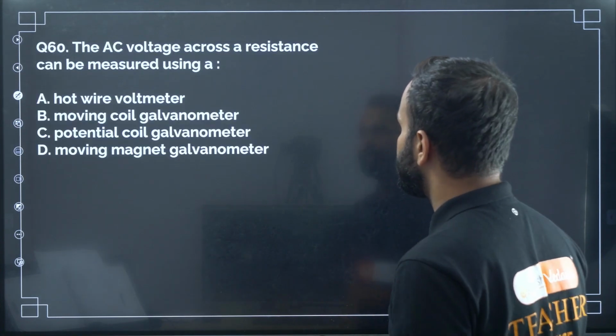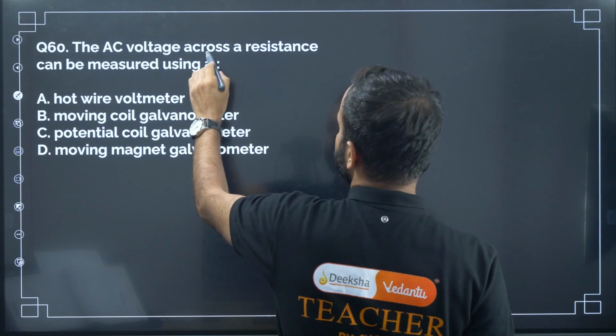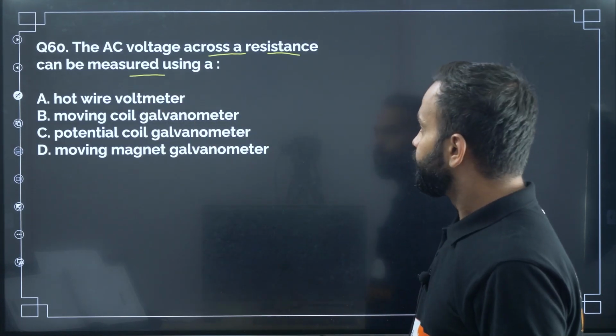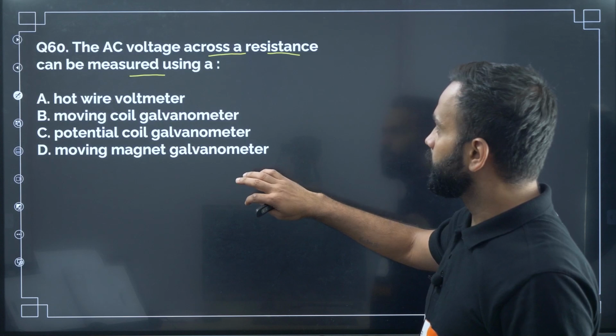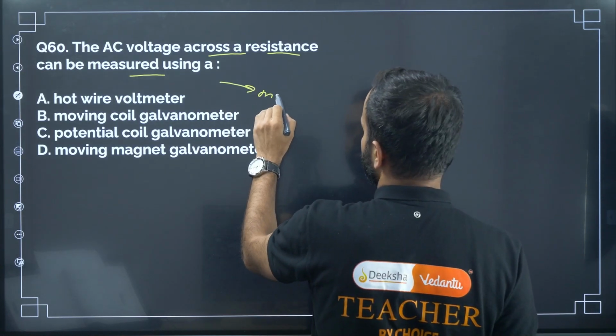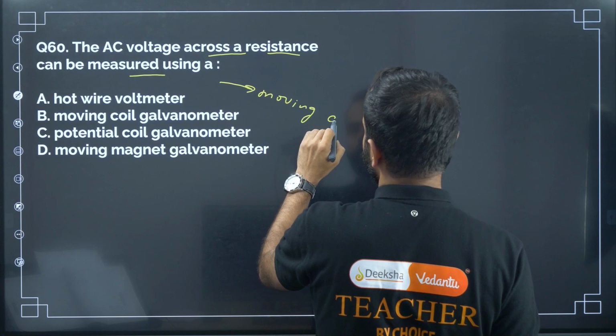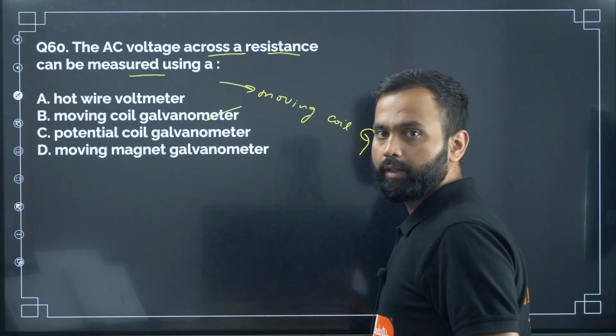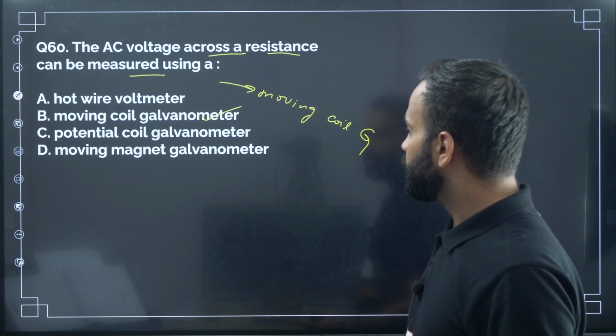Next question, question number 60. And the last one. The AC voltage across a resistance can be measured using a. Okay. AC voltage across a resistance can be measured using a moving coil galvanometer. Okay. Simple one. Moving coil galvanometer, right? So why? Because here